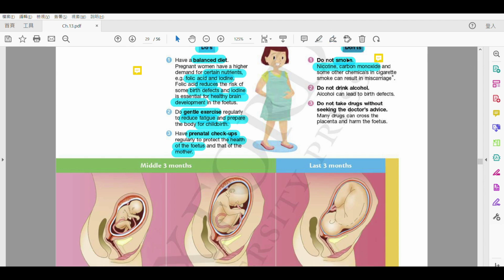OK，好啦，咁然後啦，so do not smoke because nicotine 啊 carbon monoxide 啦 can be found in cigarettes 啦。OK，然後最尾啦，it may also lead to miscarriage，係流產嘅 miscarriage 下邊有噶啦。Alright, and then also avoid alcohol 啦，因為 alcohol can pass through 呢一個嘅 placenta 嘅，可以穿過咗呢一個嘅胎盤啦，and then be transported to the fetus，alright，咁所以就會導致到一啲嘅先天性缺陷啦，就係叫做 birth defects 啦。OK，and do not take drugs without 呢一個嘅 doctor's advice 啦，咁呢個就 especially during 呢一個嘅 pregnancy period 啦。OK，因為啦 some drugs can pass through 啦，或者 cross 到呢個 placenta 啦。Again, may harm the fetus 嘅，得唔得